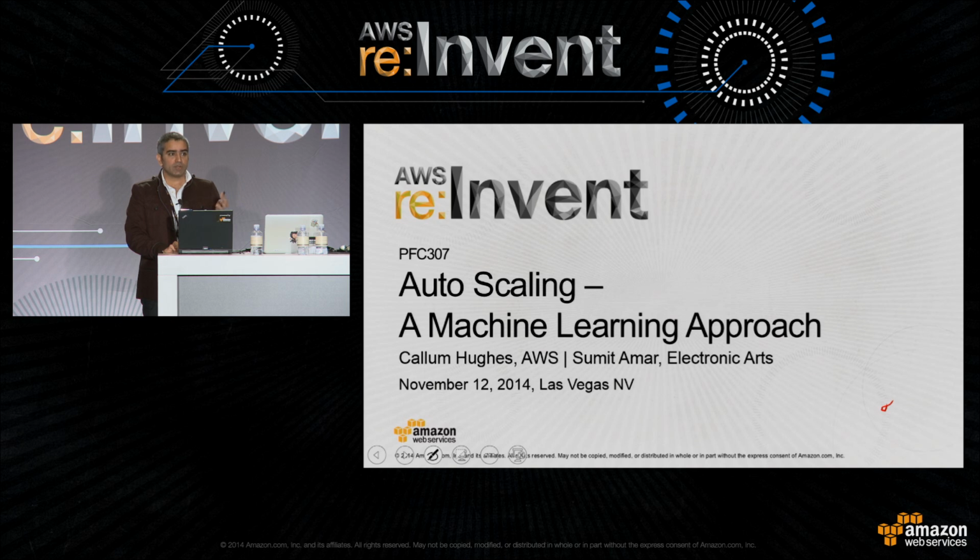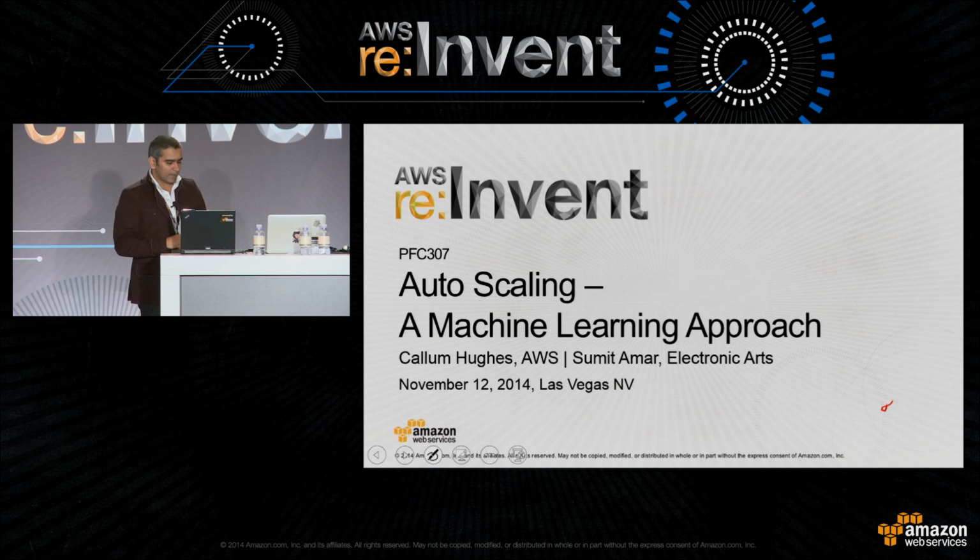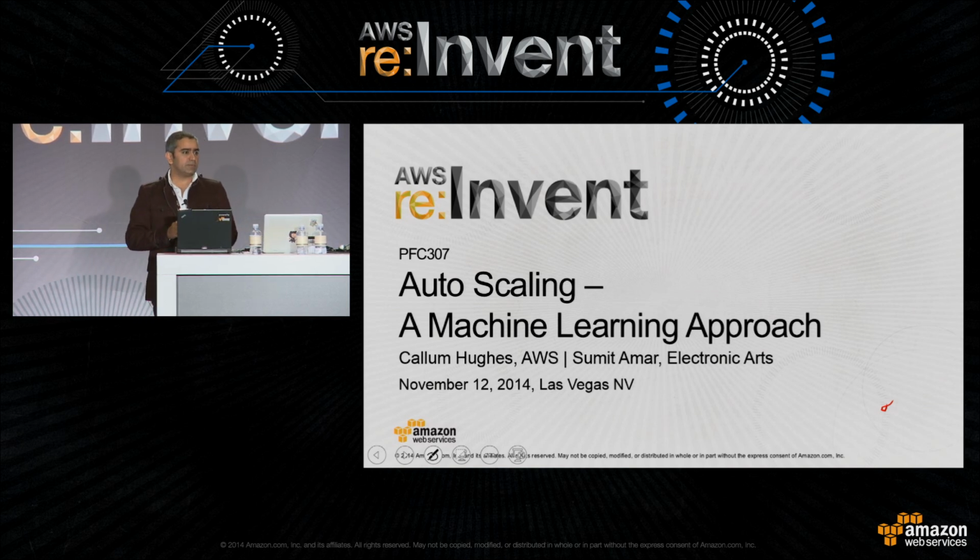So we're going to talk about auto-scaling and machine learning. I wanted to know, from you guys, how many of you have worked with auto-scaling in AWS? That's great, very good. The other question is also going to be a keyword from the title of my talk. How many of you have experience or background in machine learning? That is okay, that's good. We'll talk a little bit about fundamentals, so people who haven't had background on it probably will get some idea on what we are discussing here related to machine learning.